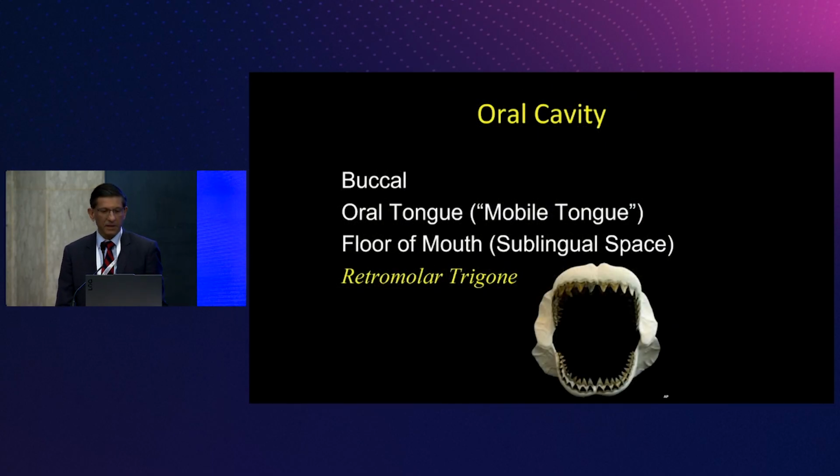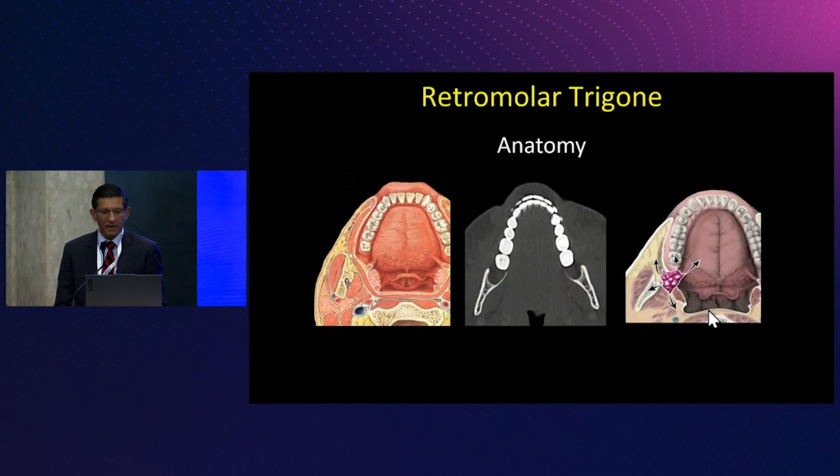So the last two things that we're going to talk about are, number one, the retromolar trigone. Now, again, Dr. Weil did a beautiful job talking about the retromolar trigone. The only thing that I can add to this is that there are different ways to classify the teeth. You can number the teeth. The thing is that when I'm in my tumor clinic, we've got a bunch of dentists, and they always number the teeth. But the US system numbers the teeth differently than the international system, and I just can't remember that, so I just name the teeth.